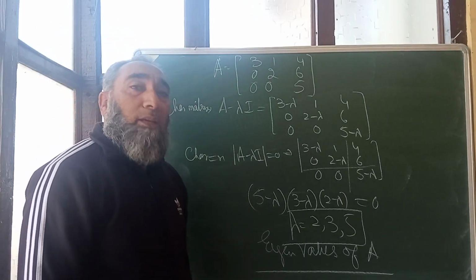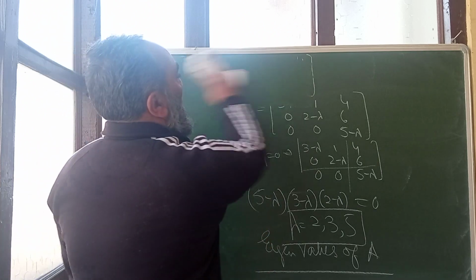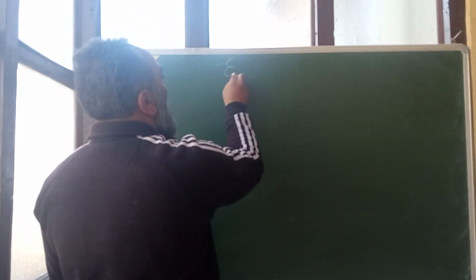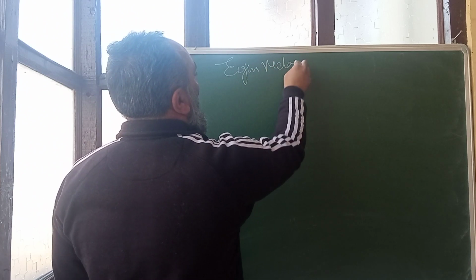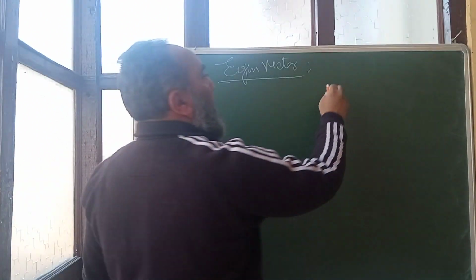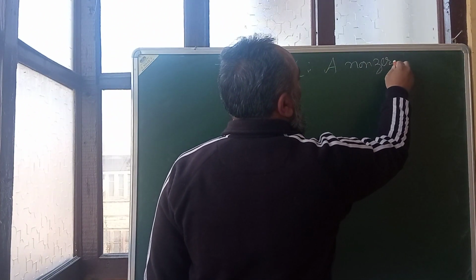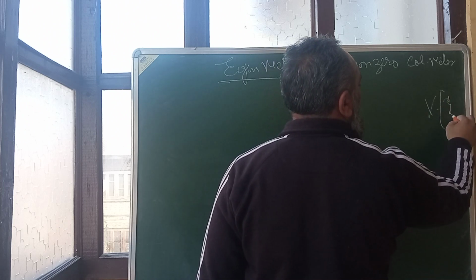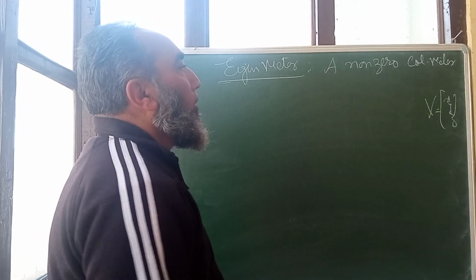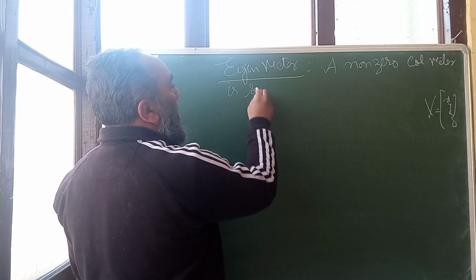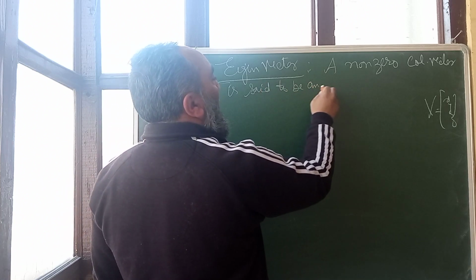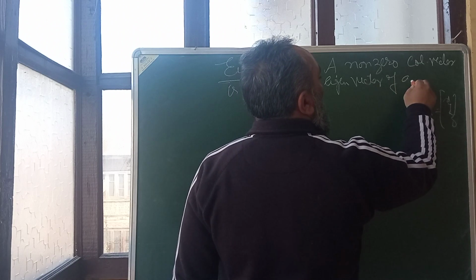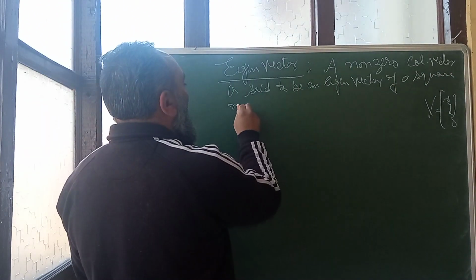Now let me come to the eigenvectors of A. See, what is the definition? A non-zero column vector, x, y, z, or whatever the values are, is said to be an eigenvector of a square matrix A